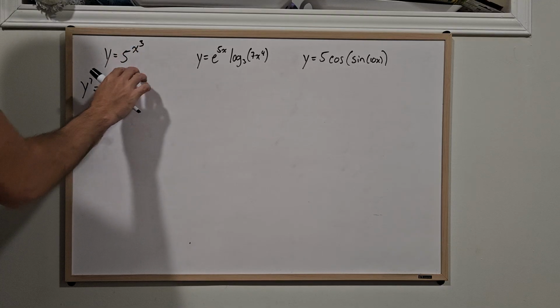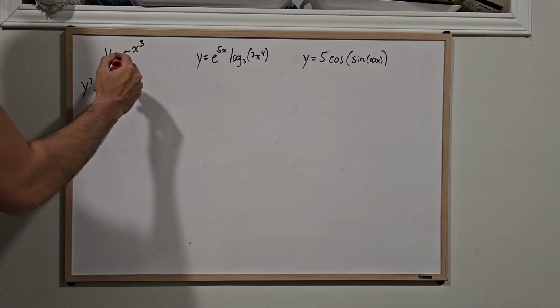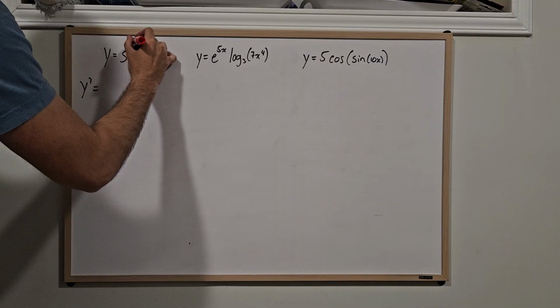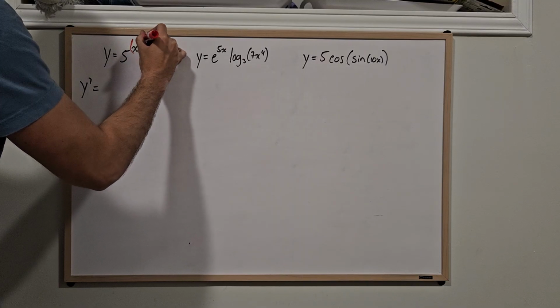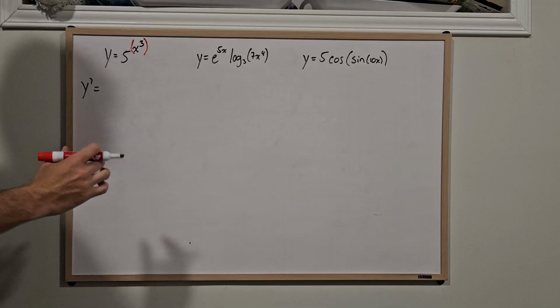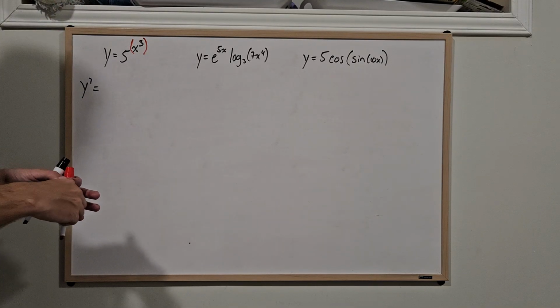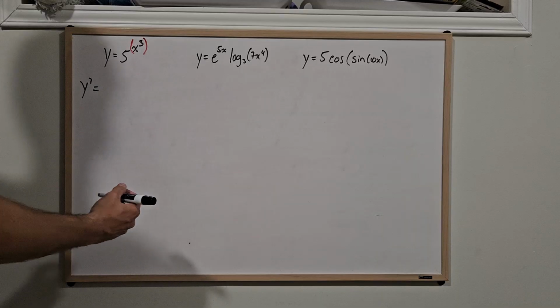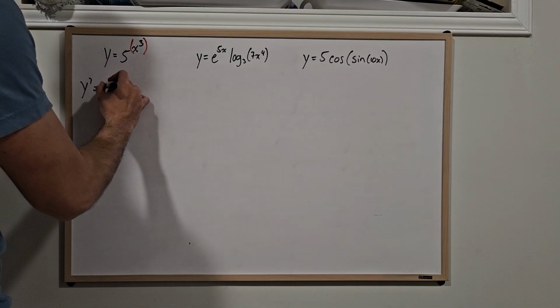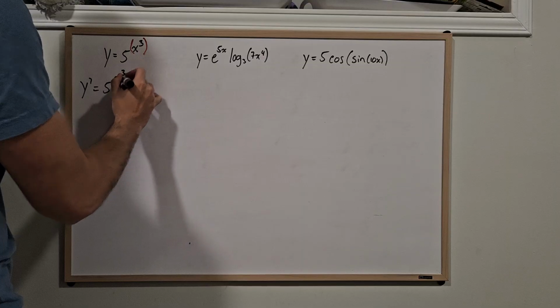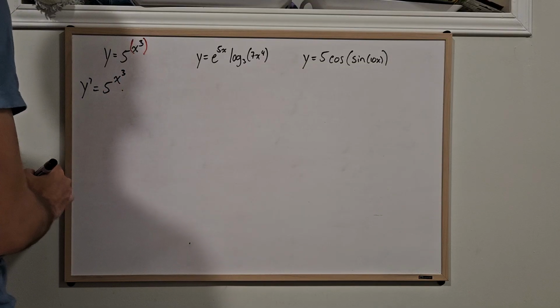So this is my outside function here, and there's 5 to some exponent, and that exponent is going to be my inside function, okay? Because we have to use the chain rule here as well, okay? So what it's going to look like is it's going to be 5 to the x cubed exponent,